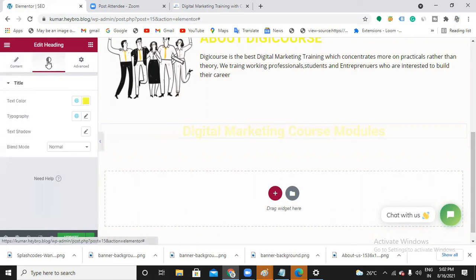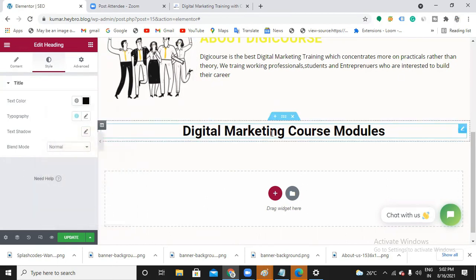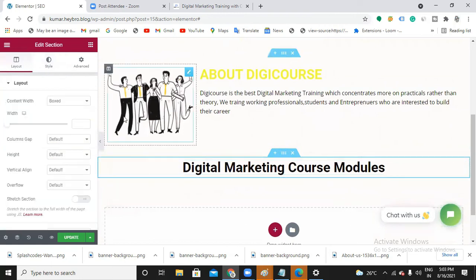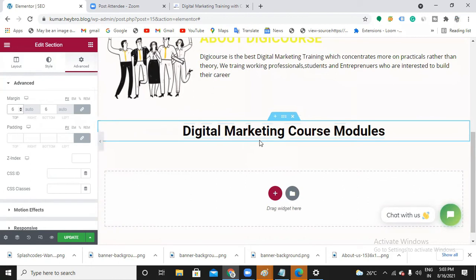I want to change the background text color. Black. Is it fine? Black color, that's fine. Do you want to have some animations? Do you want to have some gap? Then come to advanced and add some margins, change the margins and padding.